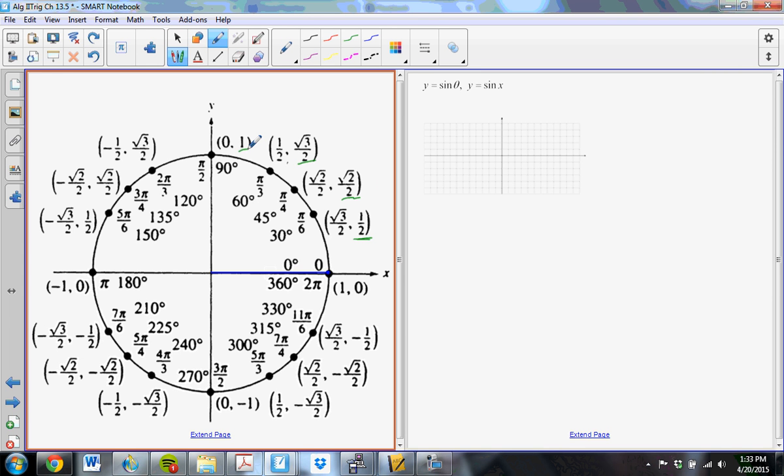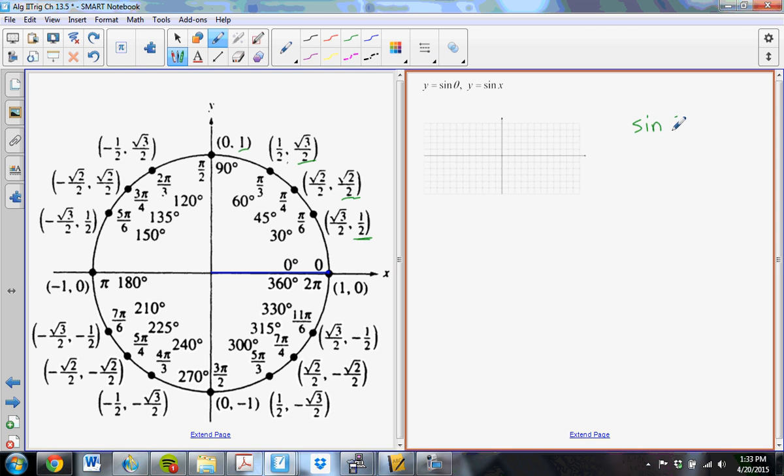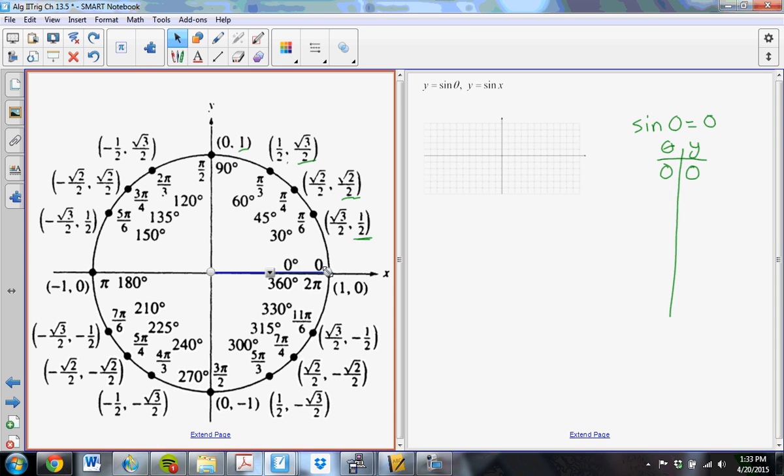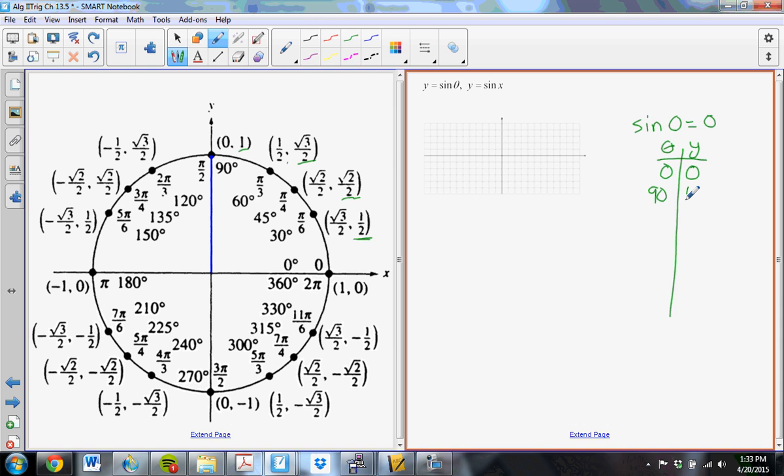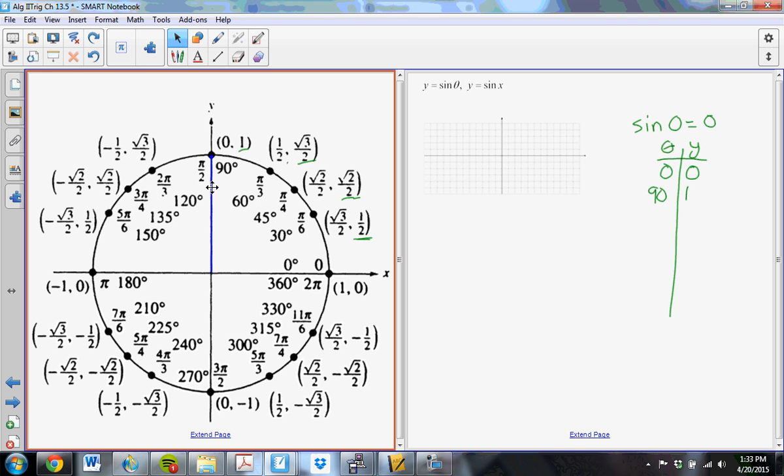The sine at 0 degrees is 0. So if I plug in a 0 for theta, I get a 0 for y. And as the theta increases, as the angle increases, the graph goes higher and higher and higher. And so it goes all the way up to 1